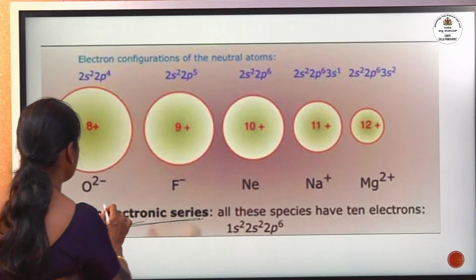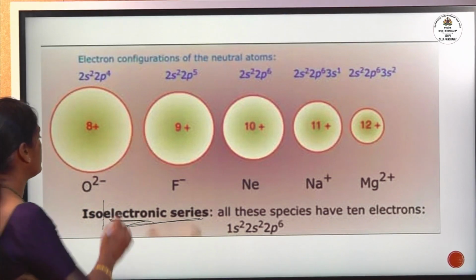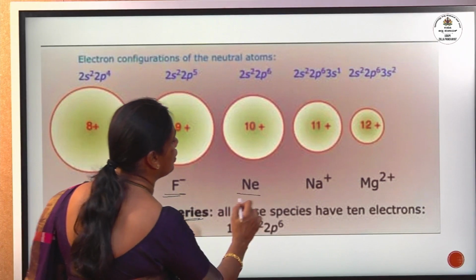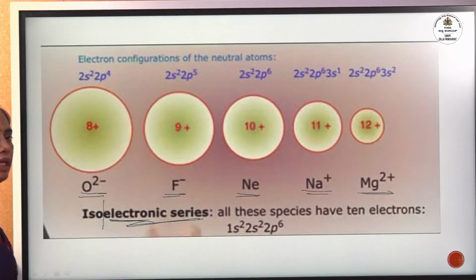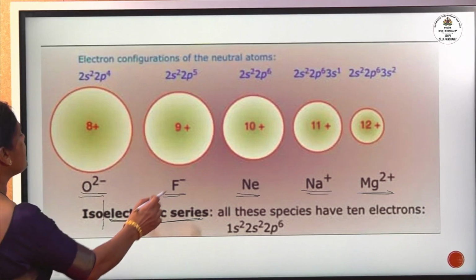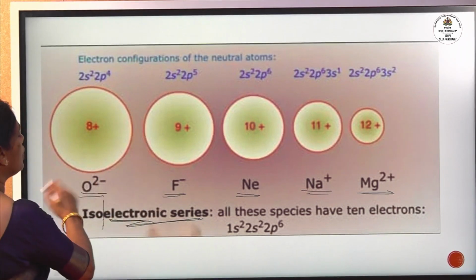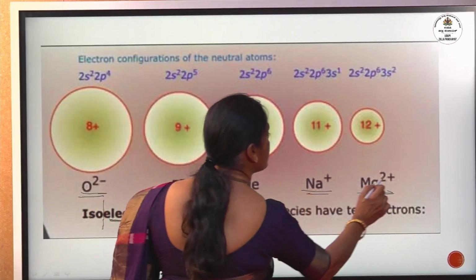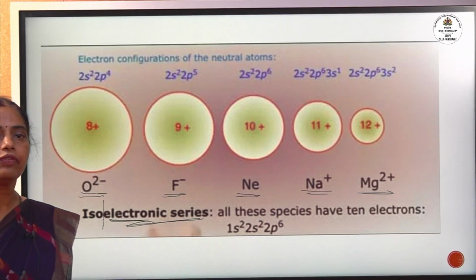Isoelectronic means the species which have the same number of electrons. Here it is O2-, 10 electrons, 10 electrons, 10 electrons. Here also all these species have 10 electrons. Now you can compare the size. As the negative charge increases, size also increases. As the positive charge increases, size decreases if the species are